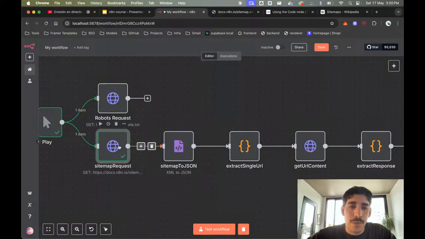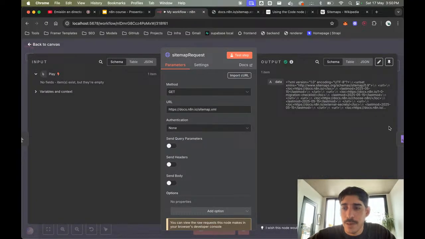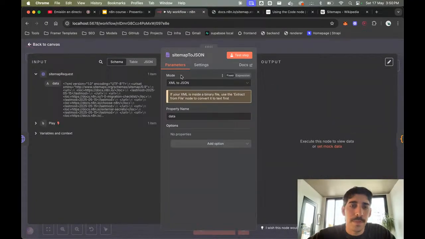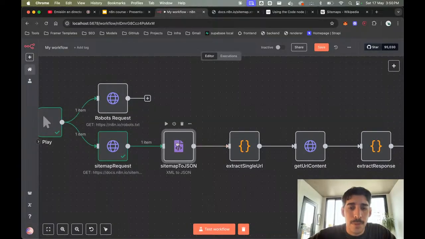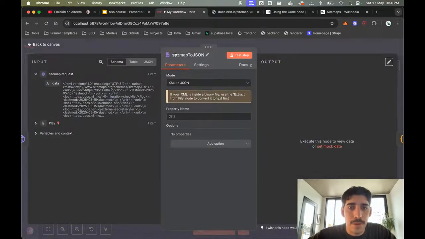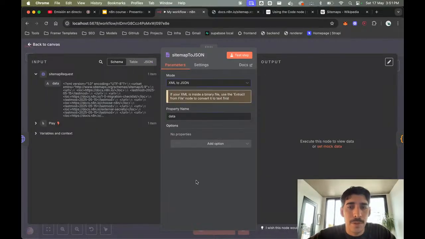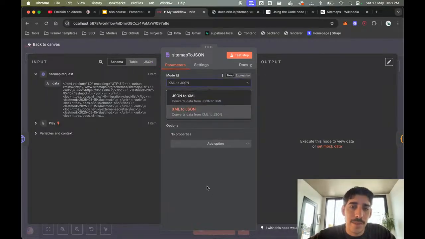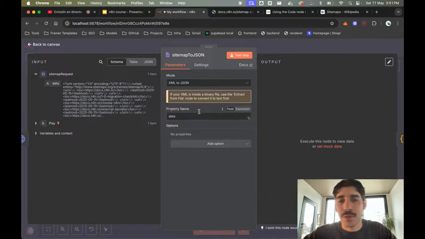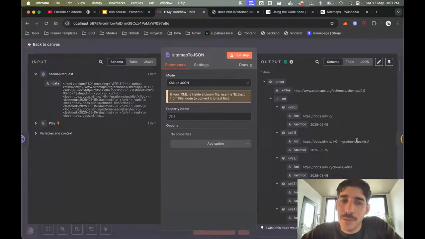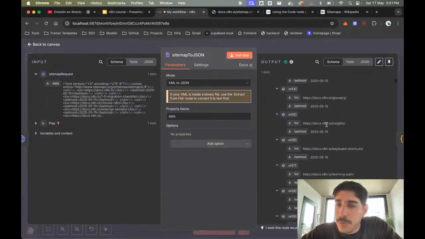You can also click here to move to the next one. This node is called, I'm not sure what the name of this one was, but you can basically translate from one format to the other. For some reason, I was trying to format it into JSON, which is here.